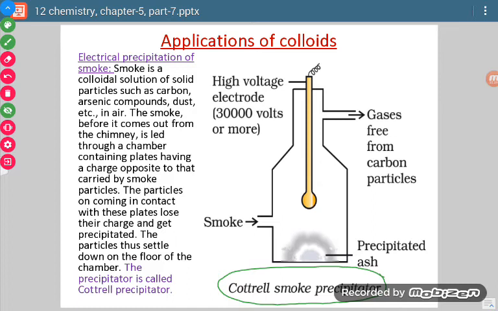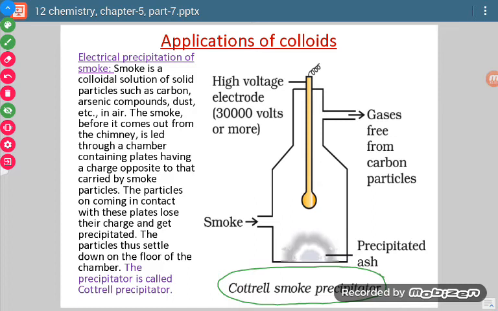Whatever carbon is coming out from that particular chimney can be trapped there itself, and not allowed to go out, by the use of the smoke precipitator. So what it does, now when we talk about the black clouds which are coming out of the chimney,